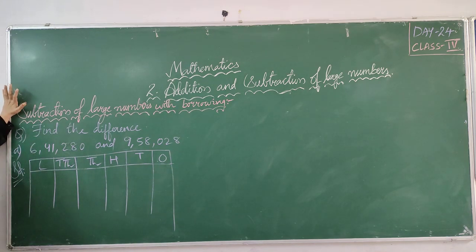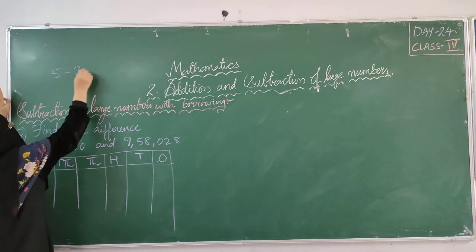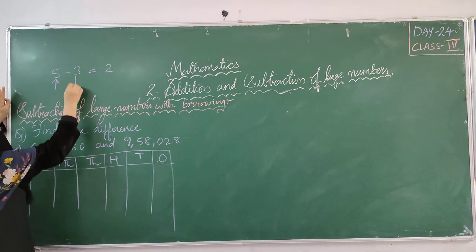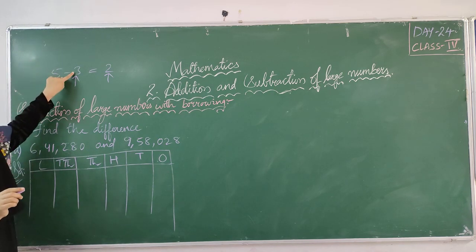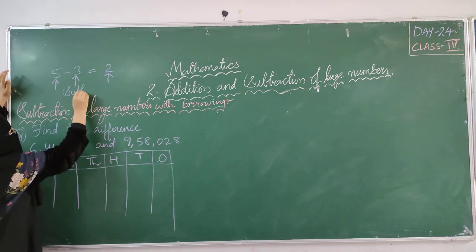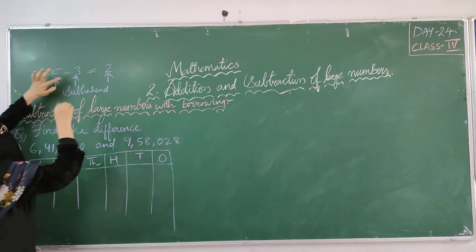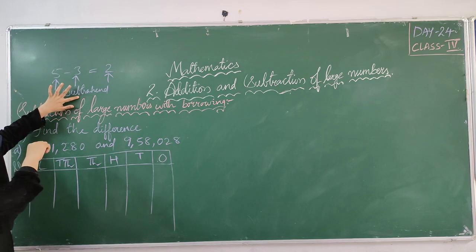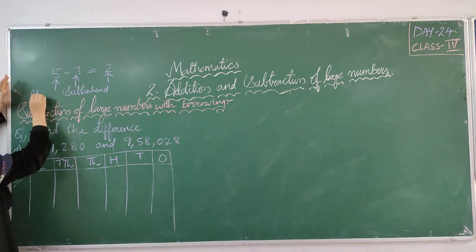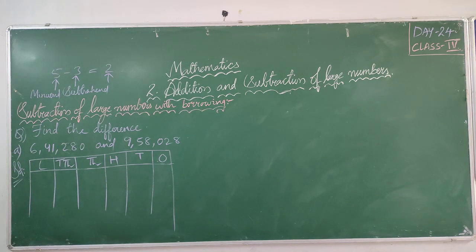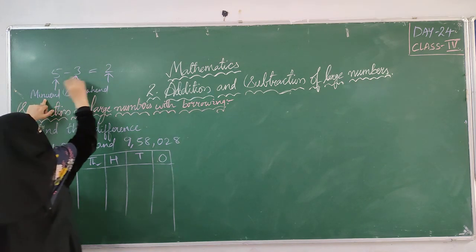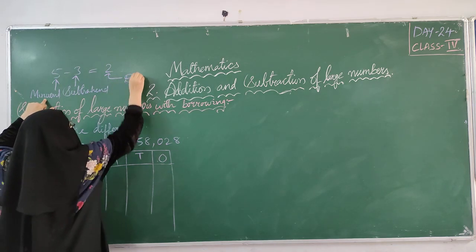Yesterday we learned that in subtraction we have three terms. What are those terms? What do you call the first term? What do you call the second term? What is the result of subtraction? The second term which we are going to subtract, what do you call this one? Subtrahend, right? The term which we are going to subtract from the first term is subtrahend. Minuend is the term from which we subtract. The number which is subtracted is called subtrahend. The number from which subtrahend is subtracted is called minuend. The result of subtraction is known as difference.